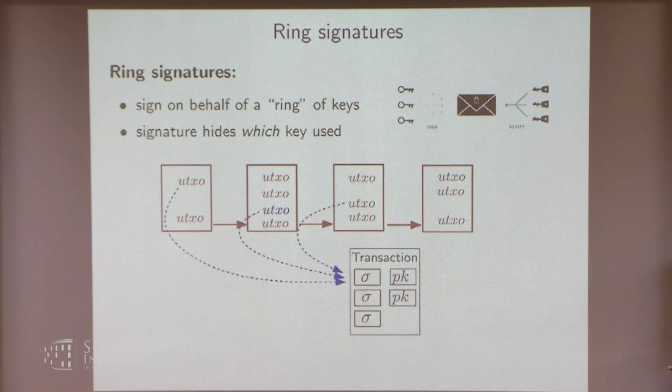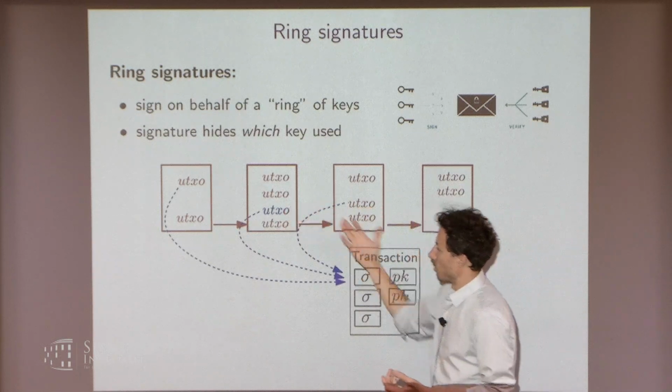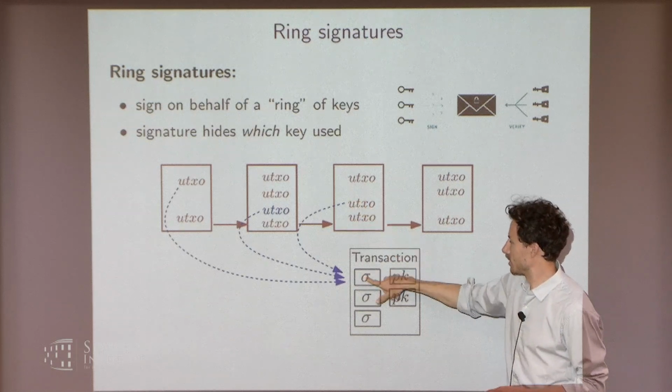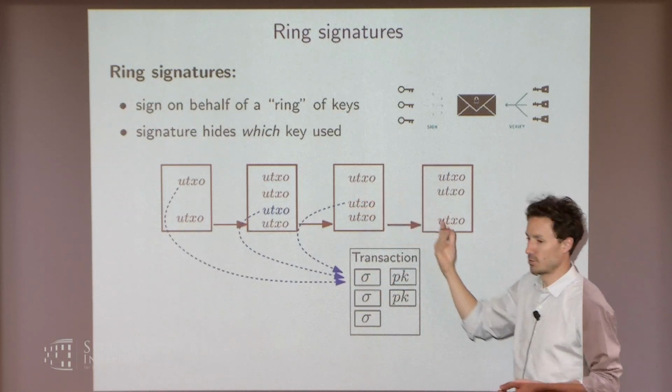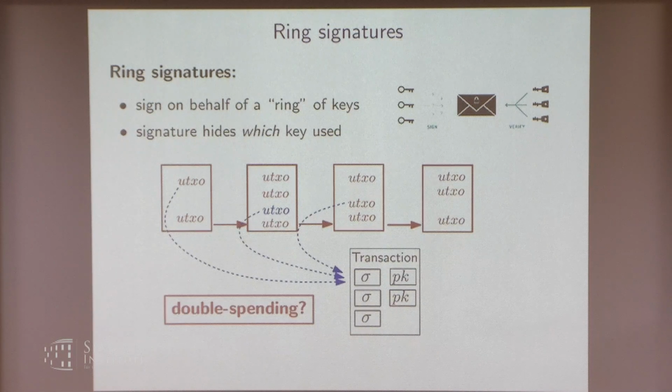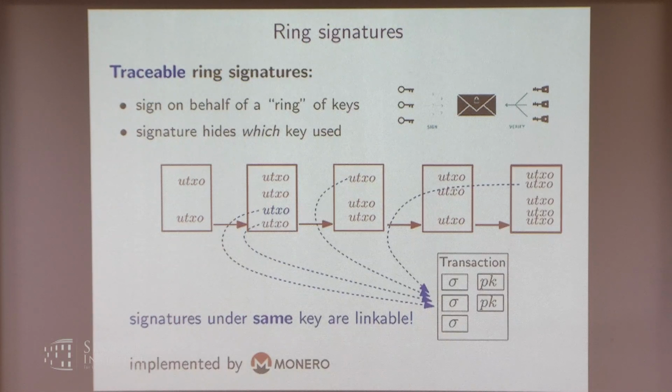but it seems to completely break the whole idea of double spending, because first of all, what is even an unspent transaction output? If someone put this inside a ring but didn't really spend it, it should remain unspent. So that's not clear. So there's no more real concept of unspent transaction outputs. There's only outputs that might have been referenced or not, but whether they were spent or not, you don't know. Also, this basically enables a very simple double spending attack.